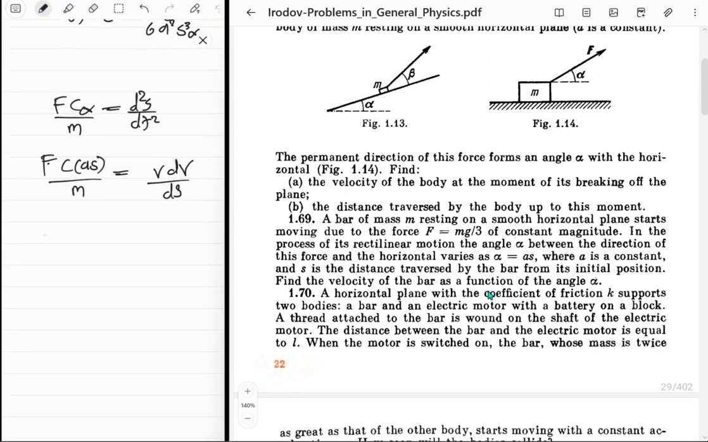So it's got v squared upon 2. Initially it's at rest, resting on a smooth surface. What we want is the velocity of the bar as a function of the angle alpha. Very much doable. So you've got v squared upon 2 equal to